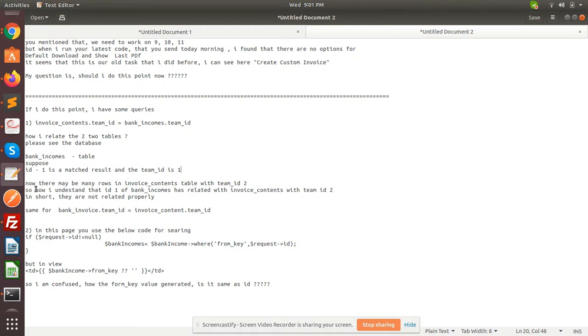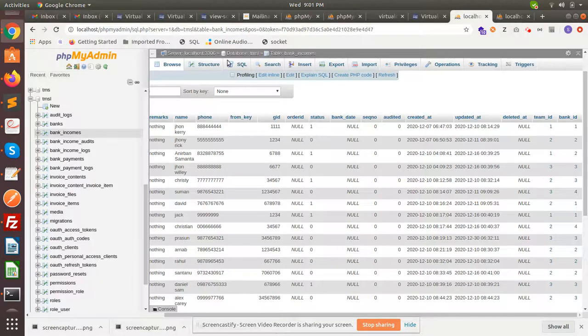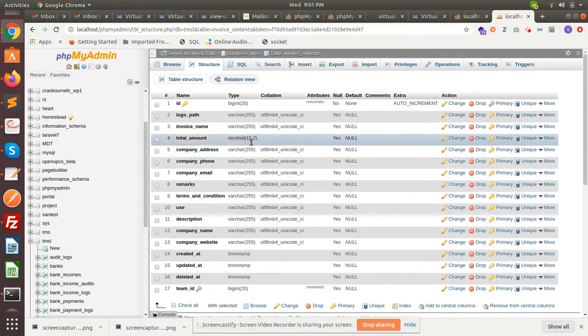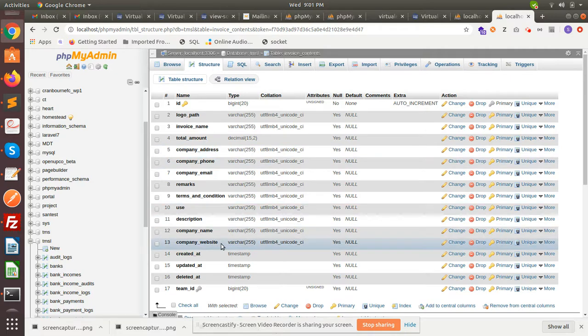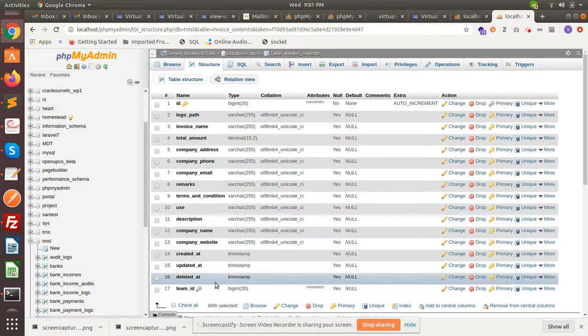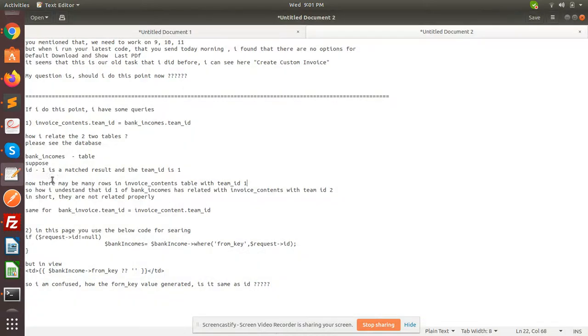Now there may be many rows in the invoice contents table with team ID 1. So it may be possible that this table has many rows with team ID 1. So how do I understand that the ID 1 of bank income is related with invoice contents with team ID 1?